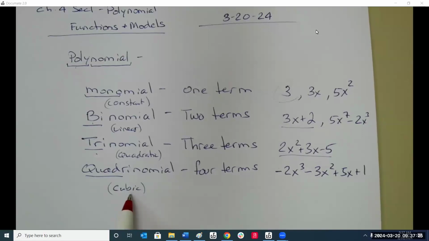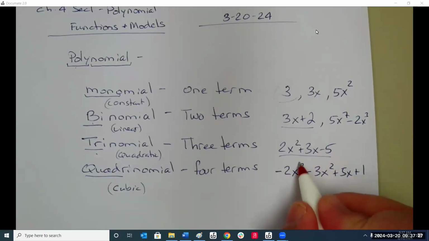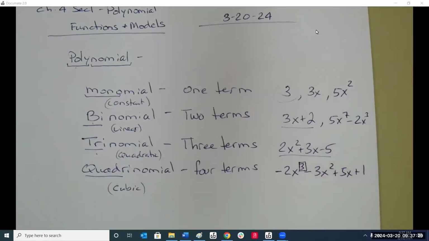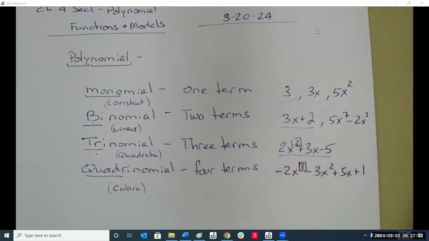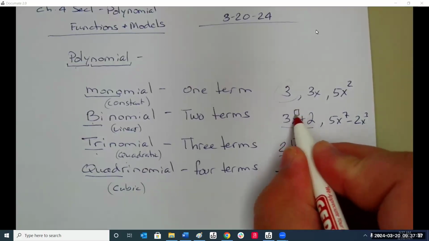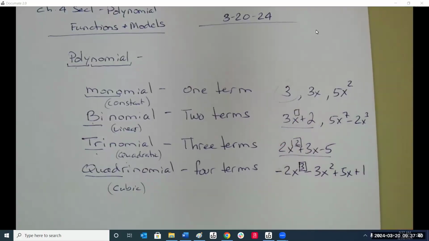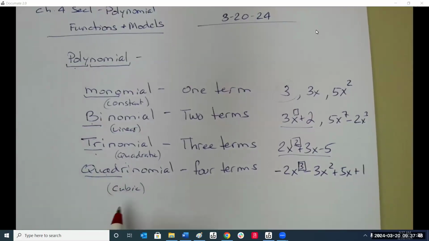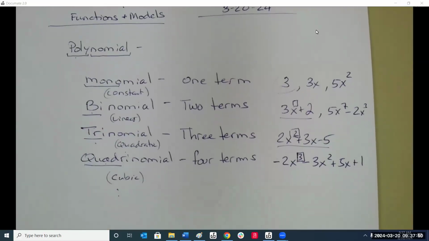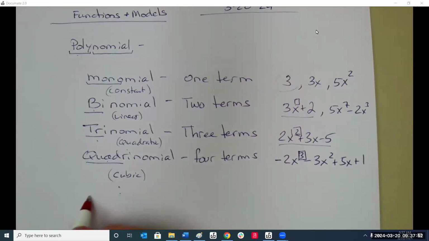Now, why is this a cubic function? Because the largest exponent is a 3. This one's a quadratic because the largest exponent is a 2. Linear, largest exponent is a 1. So that's how we break these things down. We could go on further because we have names for all the leading terms. Eventually it gets to be boring to memorize all those. So what we define then